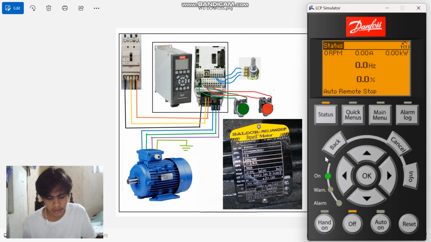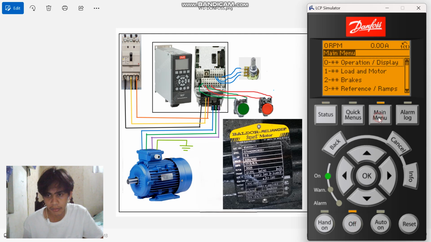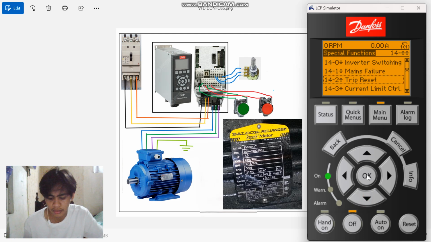So first, we're going to click the off button, then the main menu. So we're going to select 14, special functions. Click OK, then go to 14-2, trip reset.